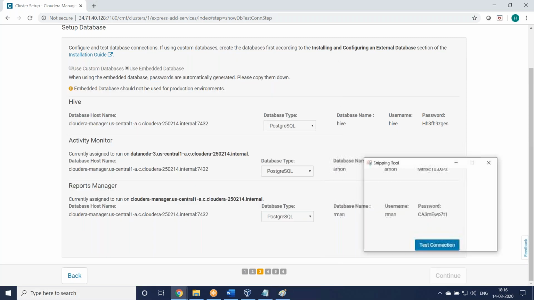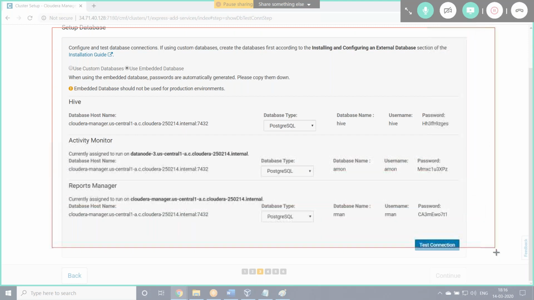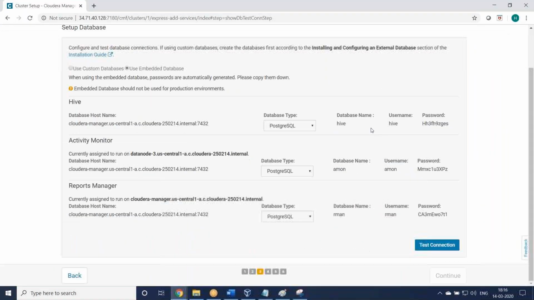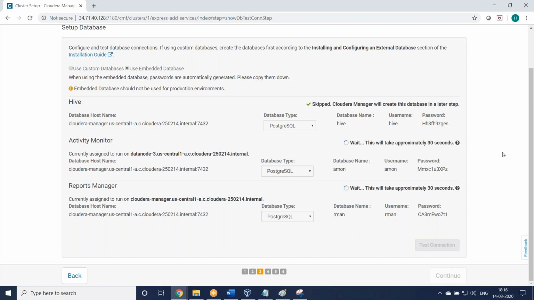If required, we'll connect later. Okay, so I'll minimize this one. You can click on test connection. Until then, you see, the button is disabled. Success, right? All three success. Continue.